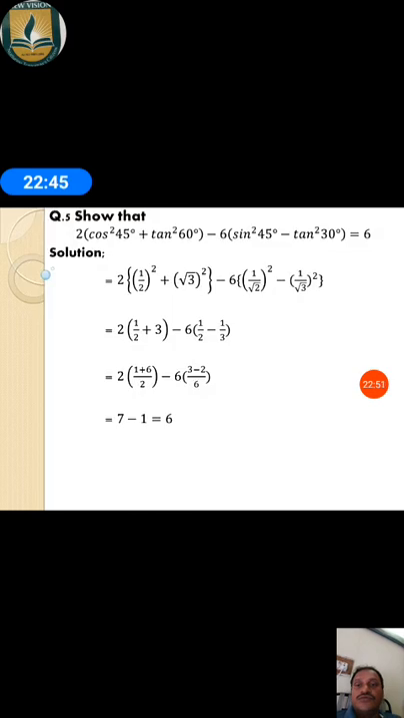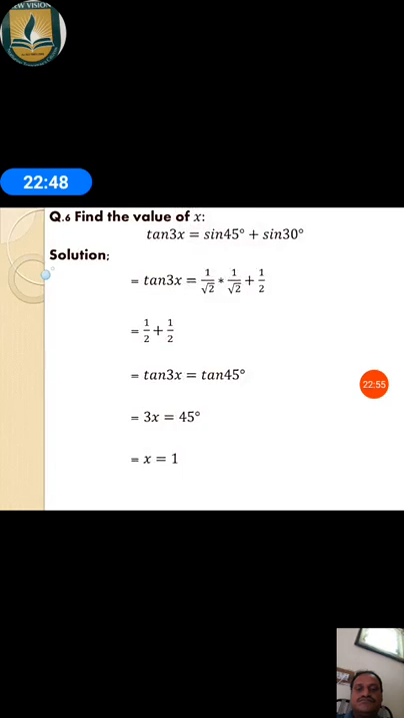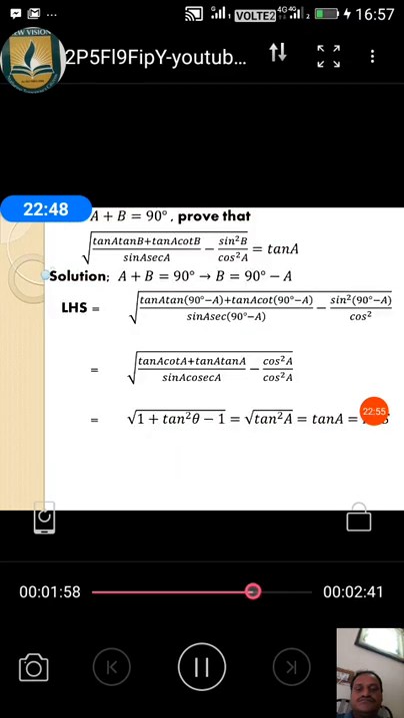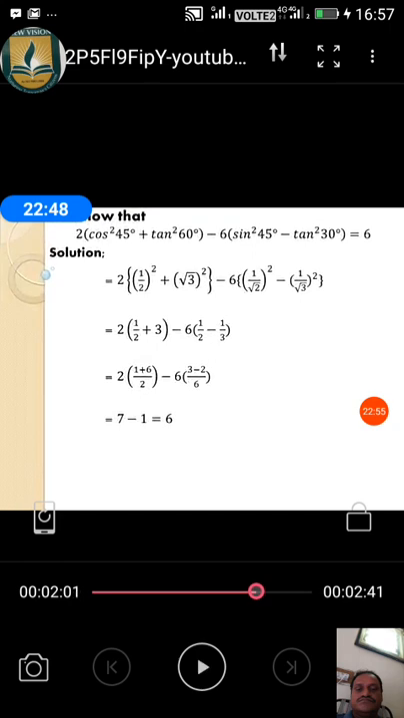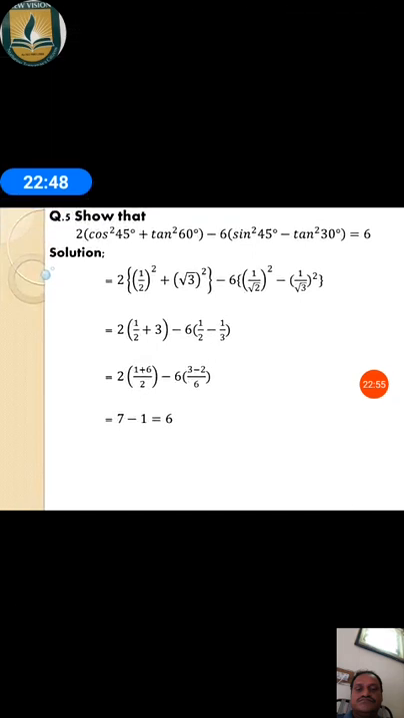Now the fifth problem here: show that 2 into (cos square 45 plus tan square 60) minus 6 into (sin square 45 minus tan square 30) equals 6. The solution part: you take the left hand side, 2 into cos square 45 degrees,